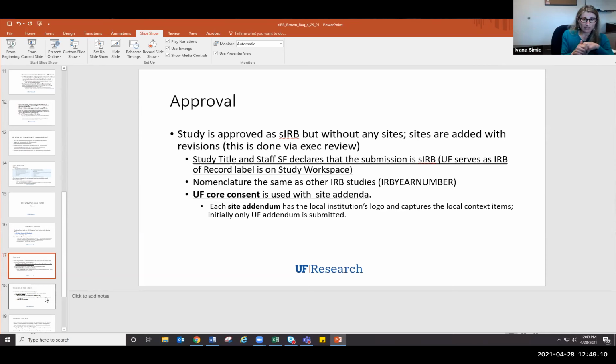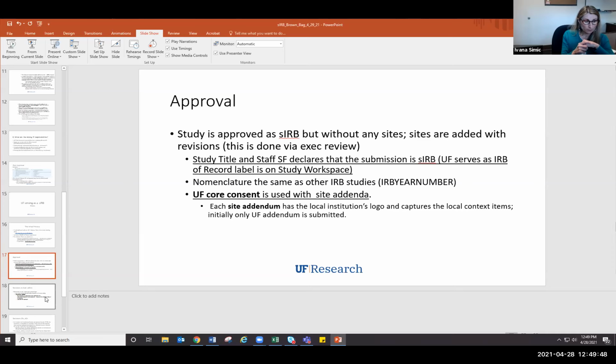What we require from sites is the so-called Exhibit C, or Smart Acknowledgement document, which is a study-specific document that captures information about study demographics, PI information, and relying PI information. Then we ask some local context questions and require certification from the relying IRB that the local context has been completed at their institution, and they commit to seed study to UF. Once we have that, and once we have an approved local addendum for that site, we are in